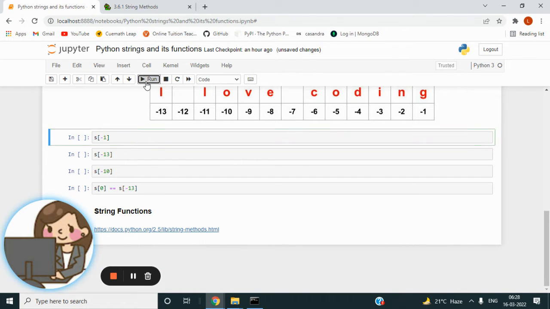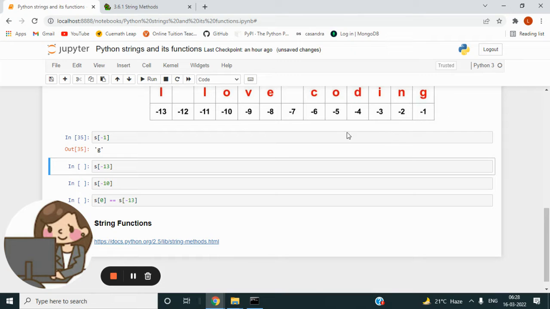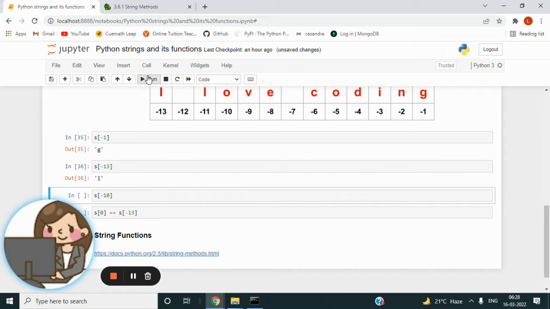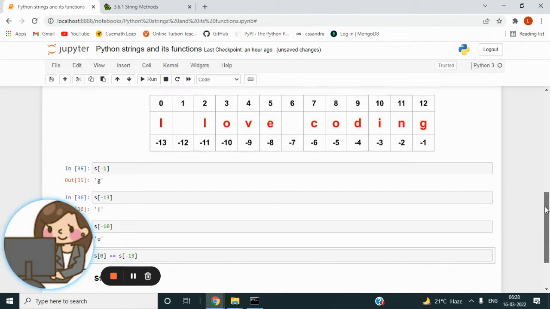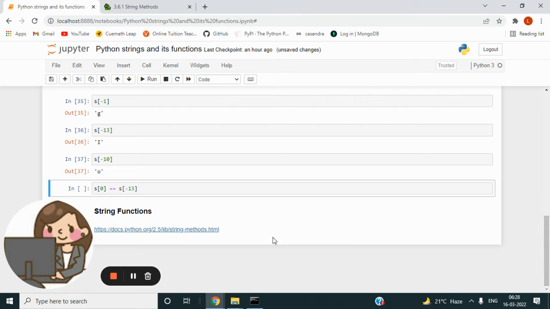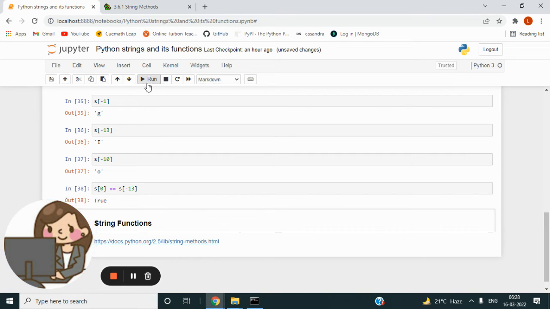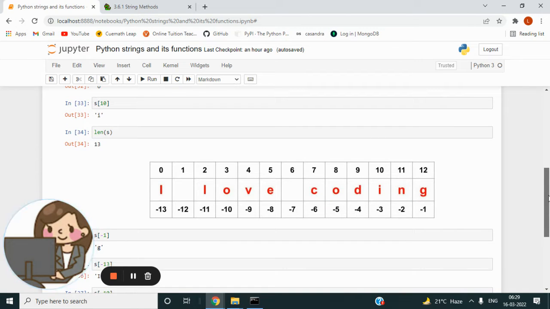So s of minus 13, as we have seen, it is g. S of minus 1 is g. S of minus 13 is I. S of minus 10, where is minus 10? Minus 10 is O, right? And we are just checking whether s of 0 equal to s of minus 13. See, this is s of 0 index and s of minus 13. Both are referring to I, right? So we'll just see what it will give. It will give us true. So that is all about string indexing,